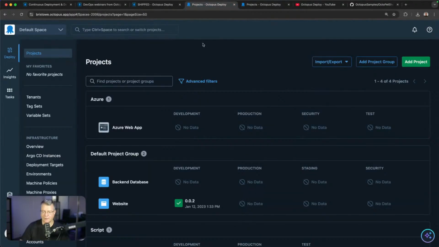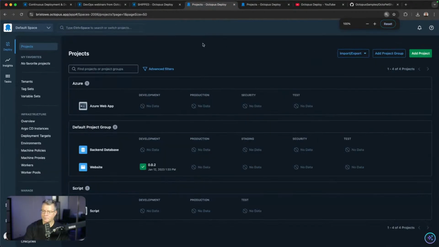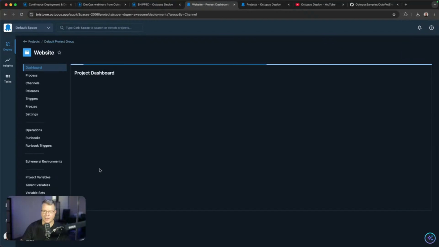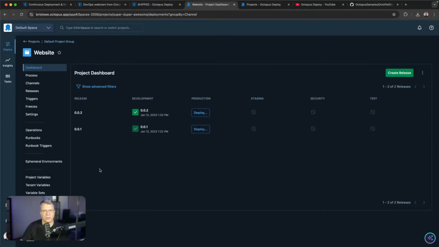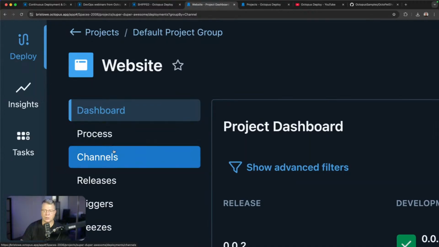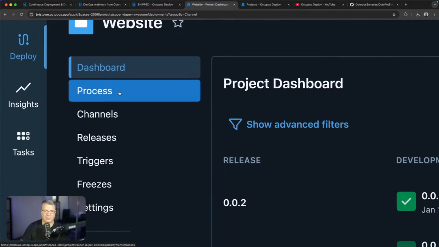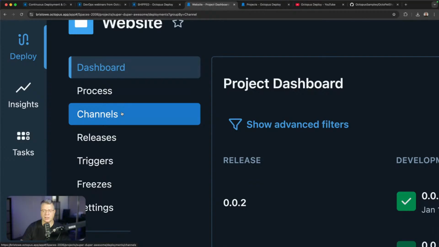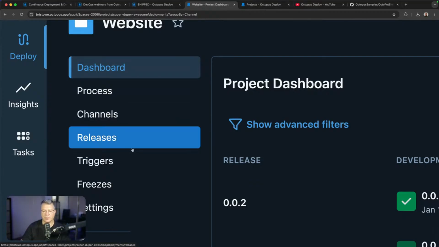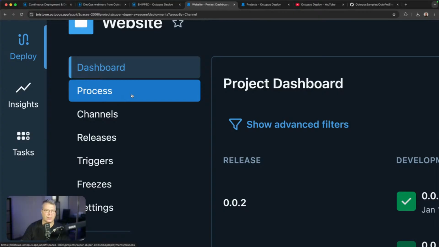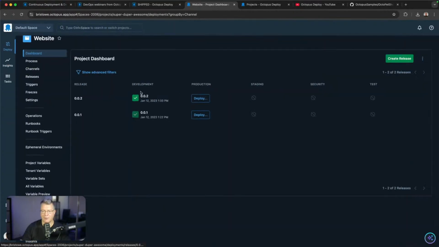Now, jumping back to this environment here where I actually have a more simple example. Let's jump into one of these examples here. So you can see I have, for example, a website. When you jump into a project, it's going to lay out along the left-hand side here a bunch of things that you can control. So there's things like your deployment process associated with this project. We have things like channels, which we won't get too deep into here. We have releases, we have triggers, we have all these sorts of things that associate the project and the deployment processes. So if we take a look at, for example, a deployment process